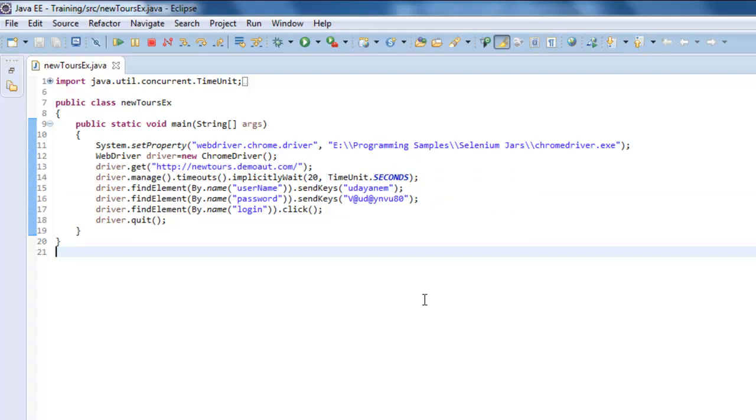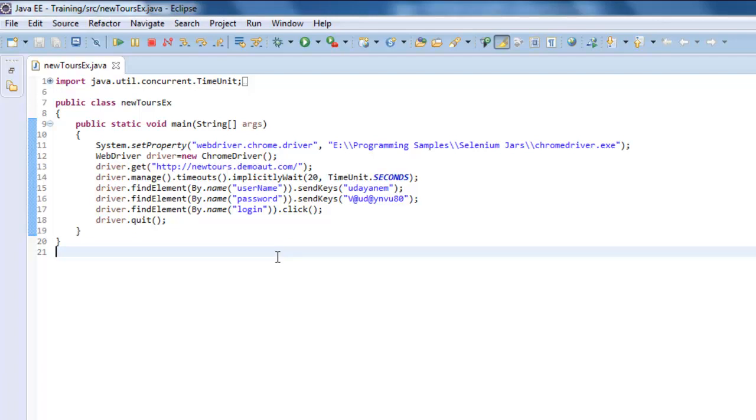If you don't follow any standard methodology or standard approach, this is a very bad practice to write a script like this. The reason is that in any automation approach, the ideal approach is that the script should be separate from the objects. What it means is there is a clear separation between the actual test case script and the objects.